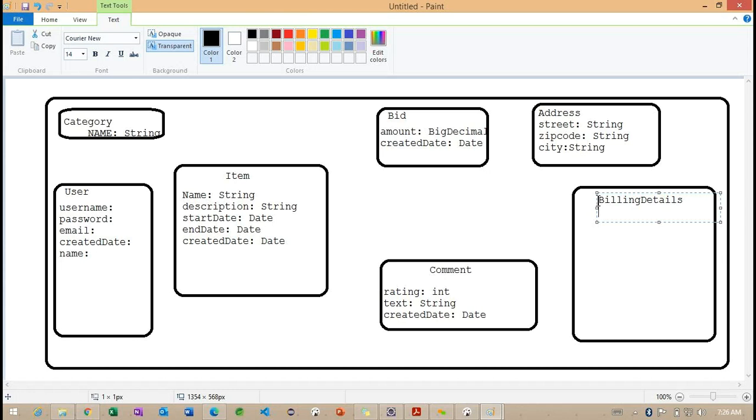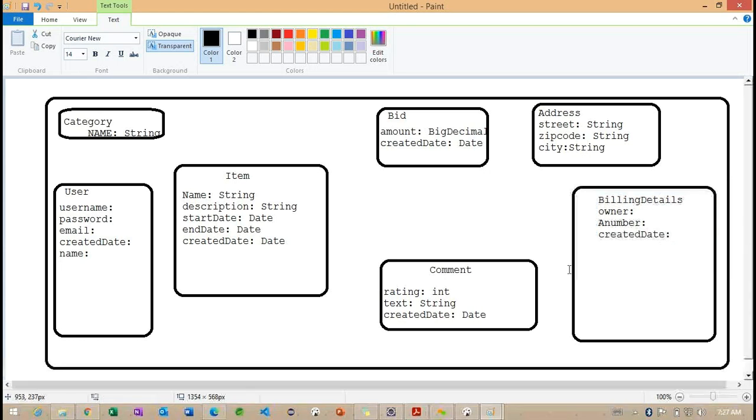Okay, inside this billing, owner information, so he is the owner here, and account number. It's nothing but a number I'm trying to specify, and later, when these details are created, created date, and later we can have the credit card information.